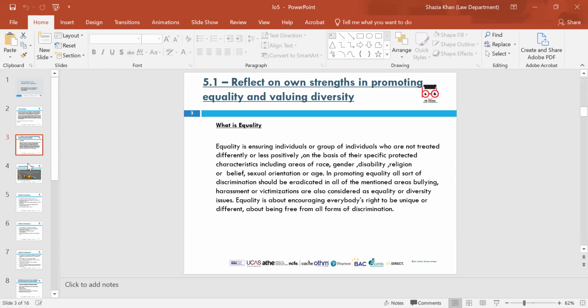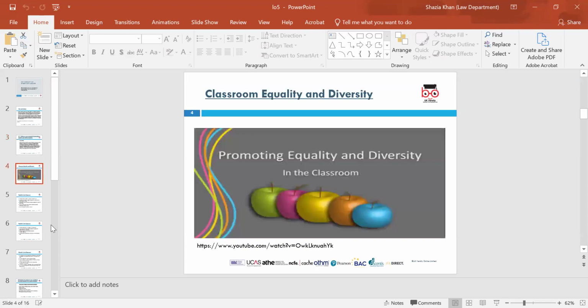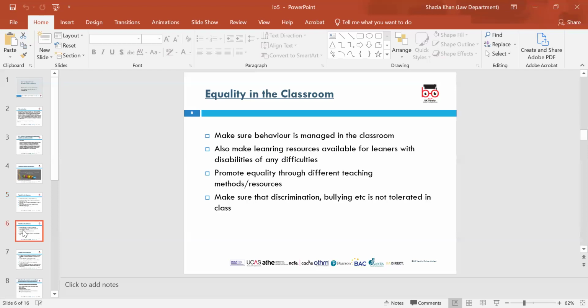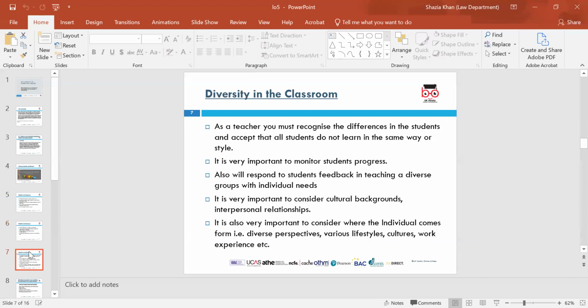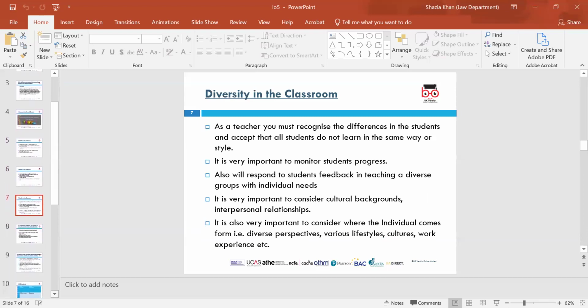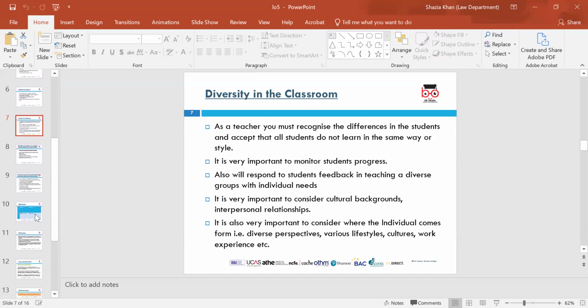So we looked at what equality was. We had a diagram there which identified the different forms with the apples in regards to equality. We then went on to look at equality in the classroom, how everyone should be treated fairly, different learning styles, delivering things differently for different learners. We then looked at how behaviour should be managed in the classroom, but also promoting diversity and inclusion in regards to resources and not tolerating any sort of discrimination. We then looked at diversity in the classroom, the importance of recognising different students, and monitoring student